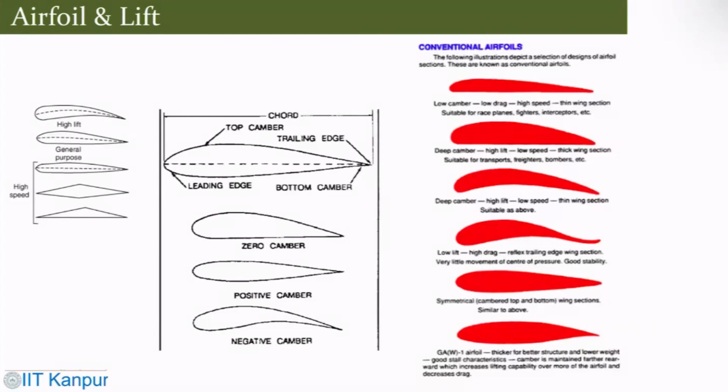Now there are different kinds of airfoils which are used. So there are some conventional airfoils. If you see, this is used for high lift producing devices, wherever you would like to produce high lift. This is more like a general purpose airfoil. These are again high speed airfoils, that means these are used in some vehicle or aircraft or somewhere where you are